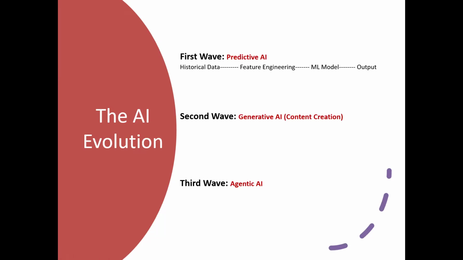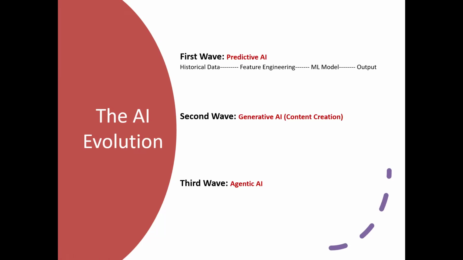So consider Netflix users' watch history, like it could be any movie genre, right? Based on the movies users are watching, the frequency, and the kind of time they're spending on it, all this historical data it will take and process. And it will do some feature engineering by applying some algorithms in the machine learning model, RM and LSTM. These are some ranking algorithms which will analyze the data and provide the ranking. So based on these algorithms, it will predict the future movie preferences for that particular user.